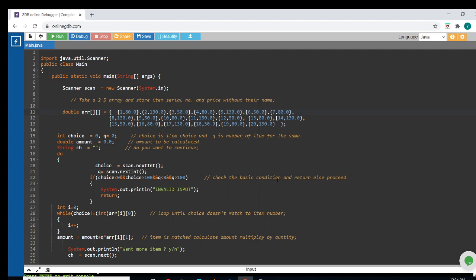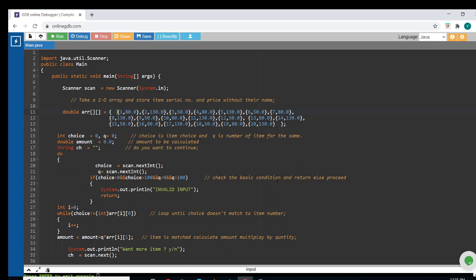Means if someone goes to the market and purchases some items, there is a menu given to them. They have to select from the menu. If you select menu 1 first, then you select the quantity of the item which you want to purchase, and your program will display all the quantities. Like you have selected 1, it means you want to purchase the item of serial number 1, and you have input the value 2, meaning you want two quantities of item 1.